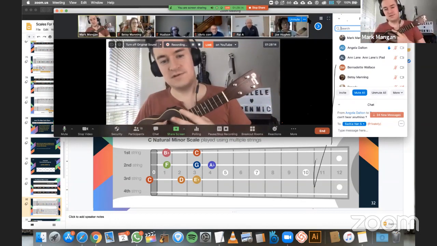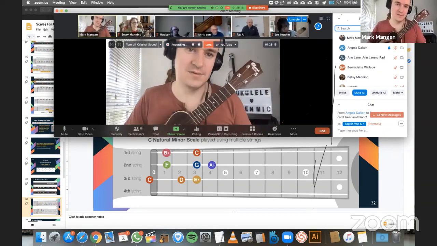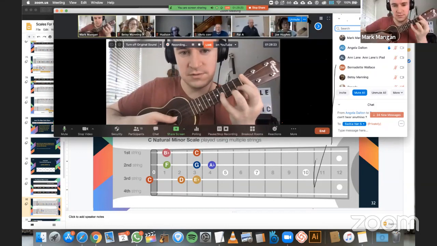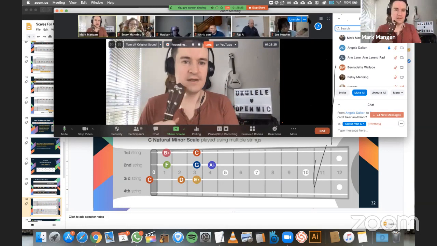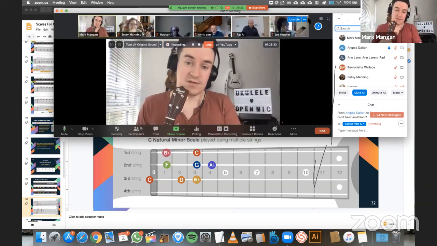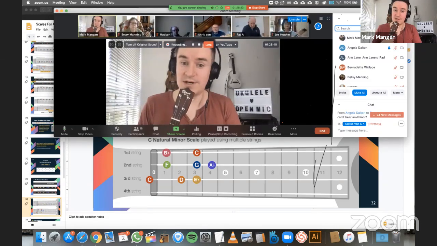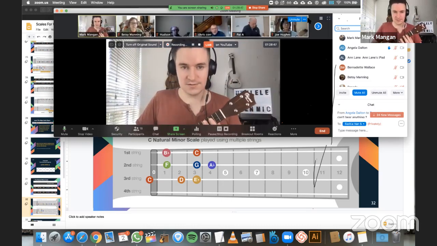Okay, so you would have to spend quite a bit of time to get used to that shape. That's a new scale shape. That would be the natural minor scale shape. So you can see it sounds very different to the major scale. And it would be used to basically play over any minor chords, or in a minor key. If somebody's playing something in a minor key, these are the notes that would work. So if somebody was playing a song in C minor,